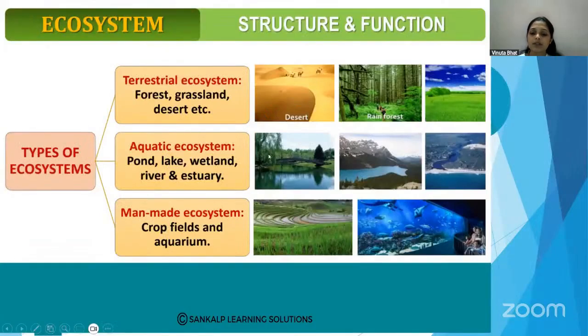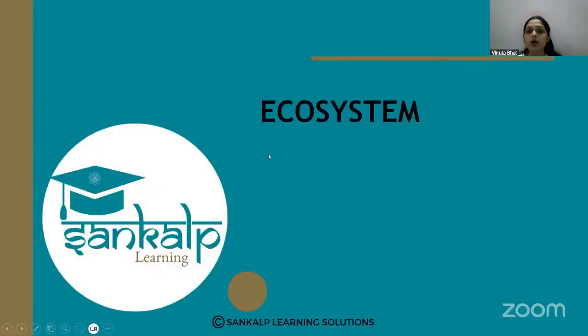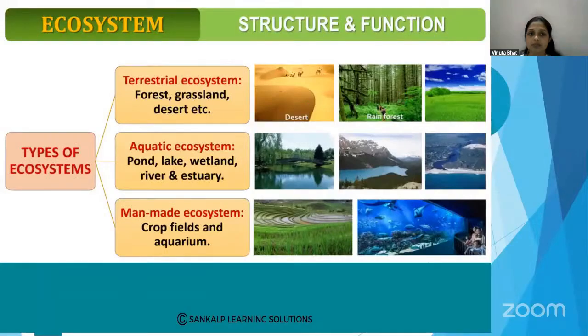So the first thing is, what is the meaning of ecosystem, right? So ecosystem idra artha enu? We already learned what is ecology, right? So ecology, and what is the meaning of population, organism, then biome. So these all things we have studied. Then what is the meaning of ecosystem, right?